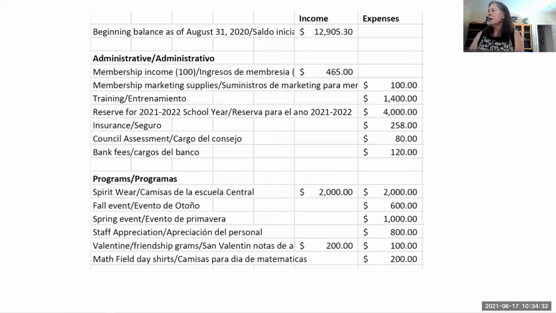This is a different type of budget format. Sometimes this is easier for people to see, and actually I should have added this. There's usually a third column. So this is listing the activities as one line, and then you have one column for the income.